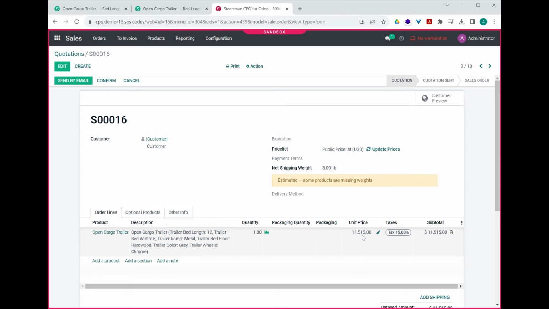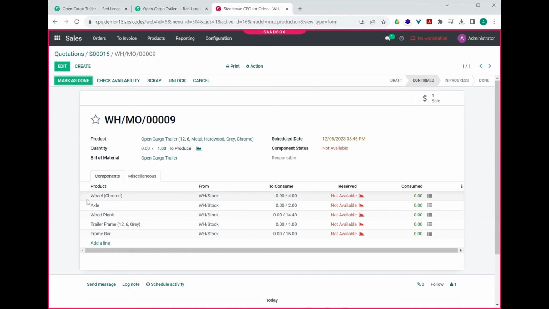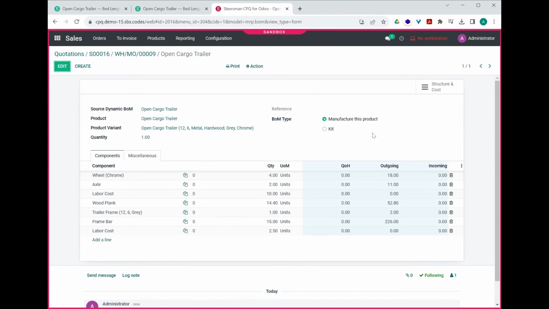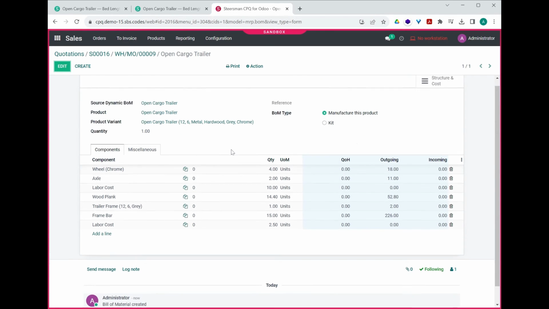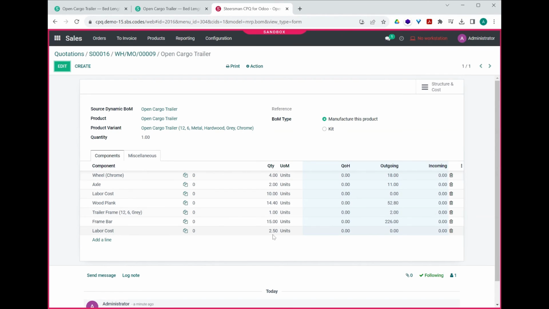11,515, because there are fewer wheels on this trailer now, right? So I'll confirm it, and let's see what the manufacturing order will have on it. You can see in here that the wheel count is 4. On the other one, it was 8 wheels. And if I click on the bill of material, then the bill of material is a new one. It was just created a minute ago, and we have 4 wheels here and all the rest of the components